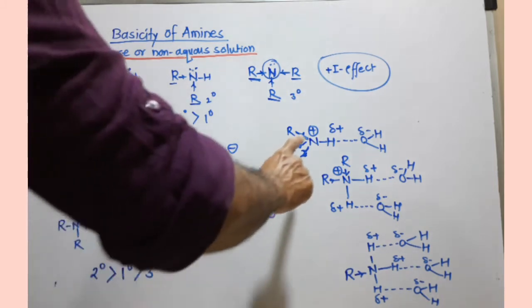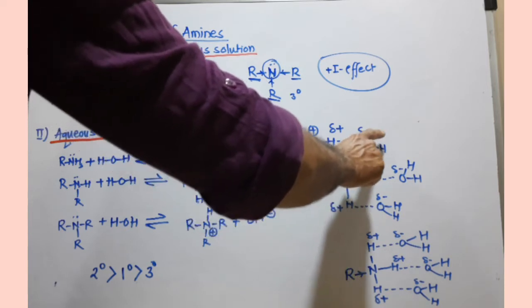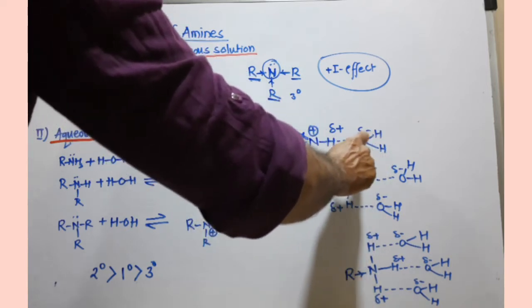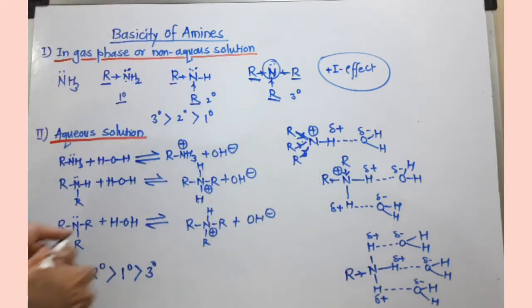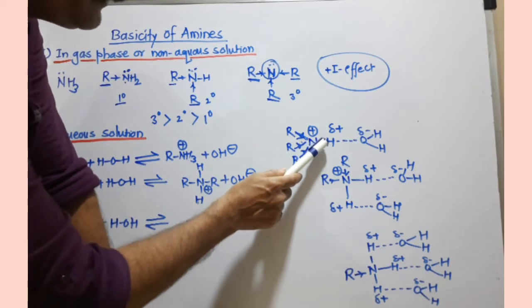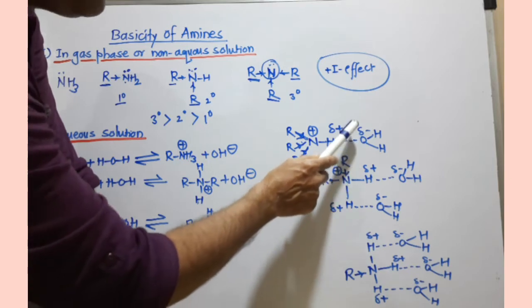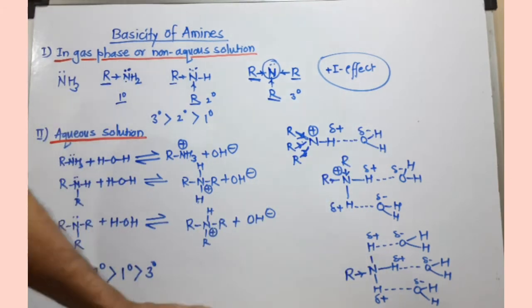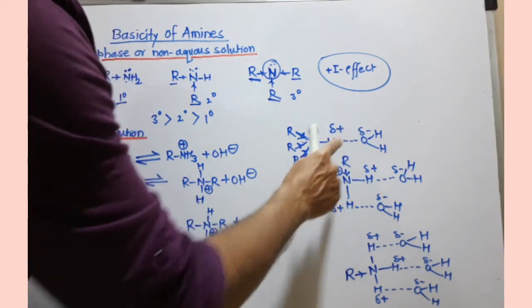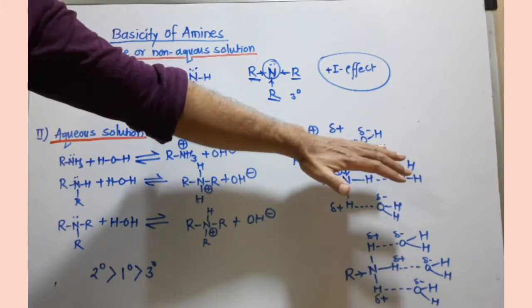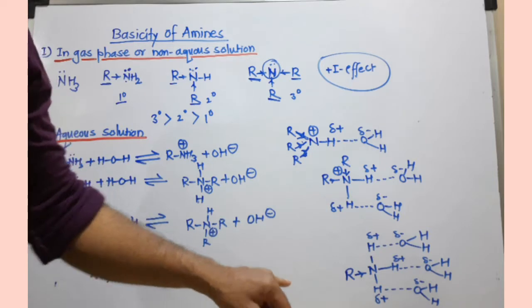So water is a polar solvent where negative end is oxygen and positive end is hydrogen. So these water molecules are actually attracted toward the positively charged proton, because of plus I minus I effect, this proton becomes partially positive. So obviously it can attract water molecules, and there is a weak electrostatic force of attraction. This is called hydrogen bond. So by using hydrogen bond, water molecules are attached to the primary, secondary and tertiary amine.